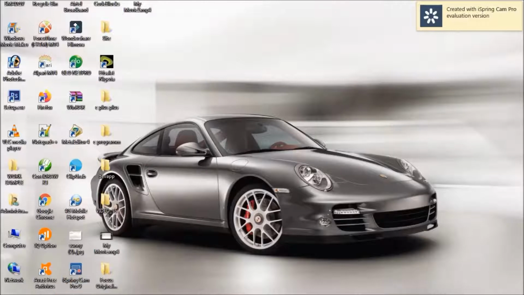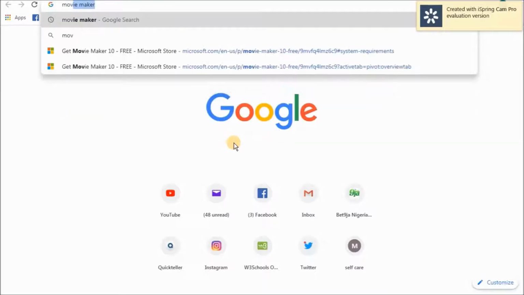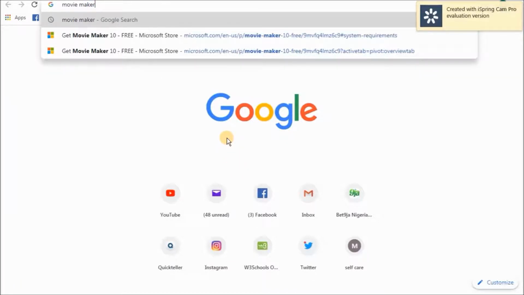Just go to your preferred browser and double-click it. Then in the search box, type Movie Maker. Click on the search button.